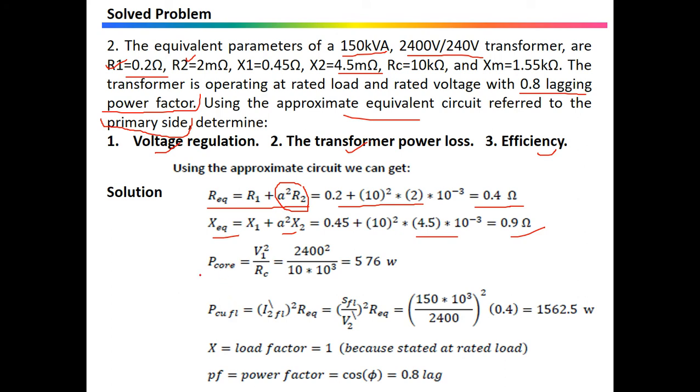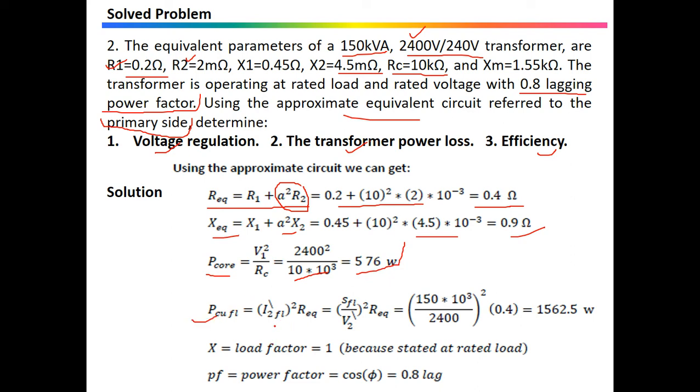If we are interested in calculating the core loss, the power in the core, we have to calculate V square over R, and it is coming from the inductance power. So this is the value you can calculate. This value RC, which is the parallel branch, is in kilo ohm. So on solving this with V1 square, where V1 is 2400 volt, we have with us this 560 volt, and now we have to calculate the copper losses.